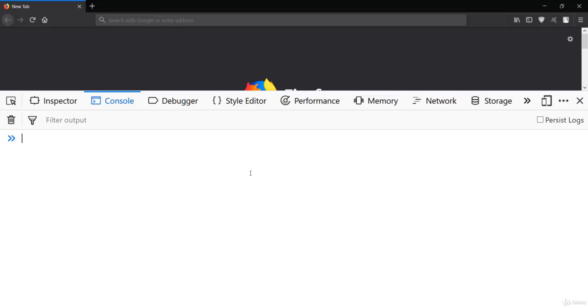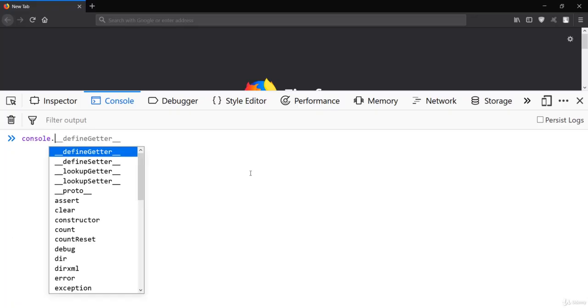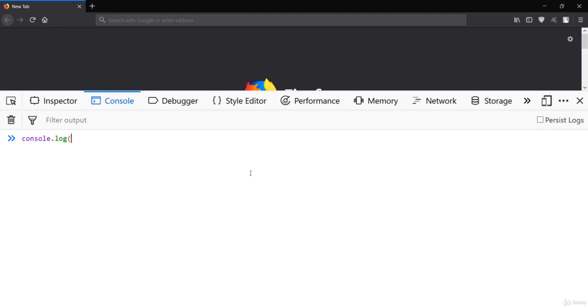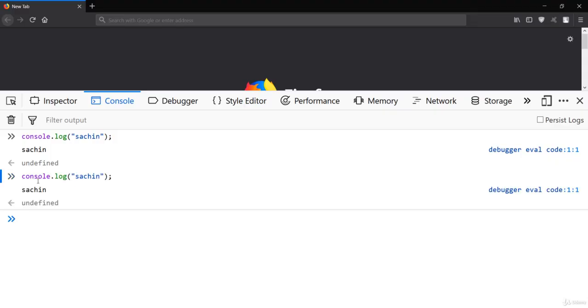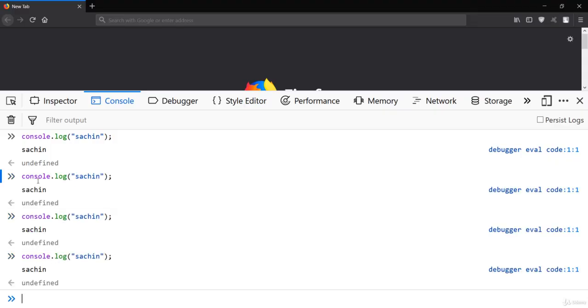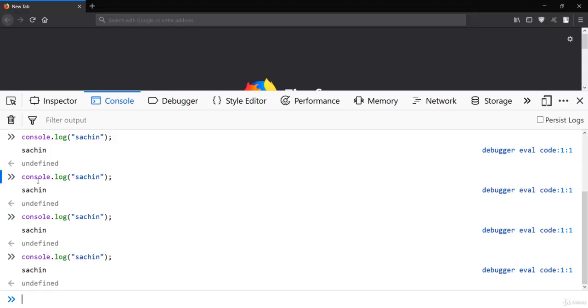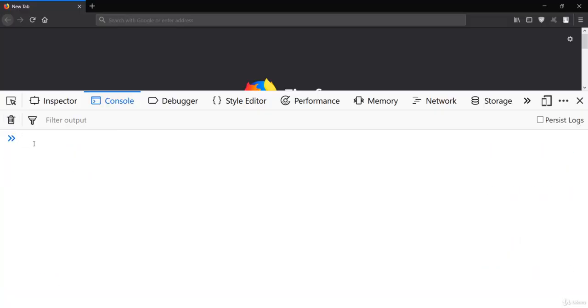So what if I say, let's print your name, or you can console log your name. In my case that is Sachin, and let me say you have to print this 1000 times. If you don't know about the loop, you have to simply copy paste it 1000 times, and it is a very tedious task. So instead, what you can do is make use of the loop.